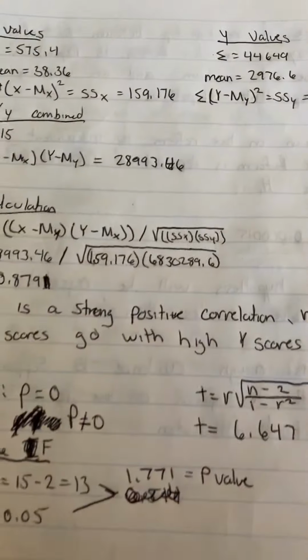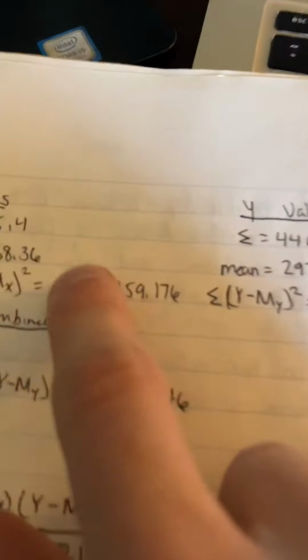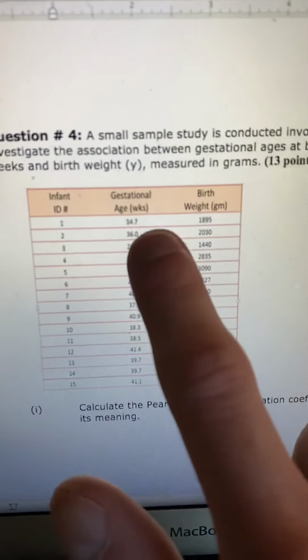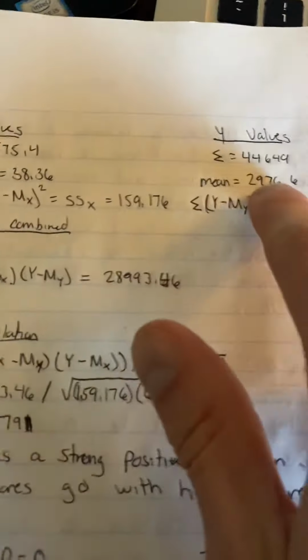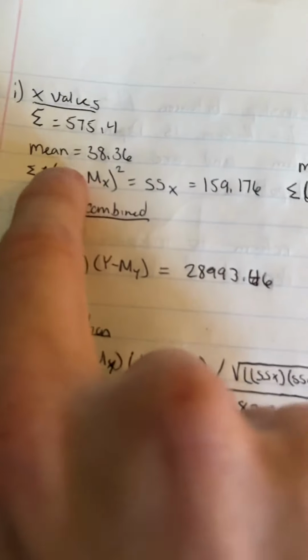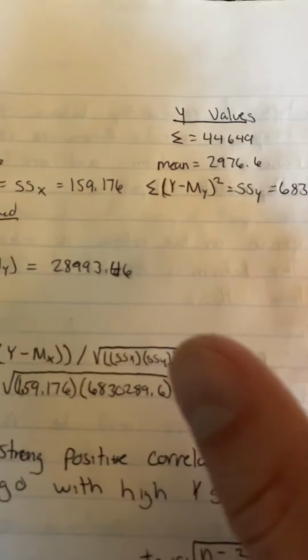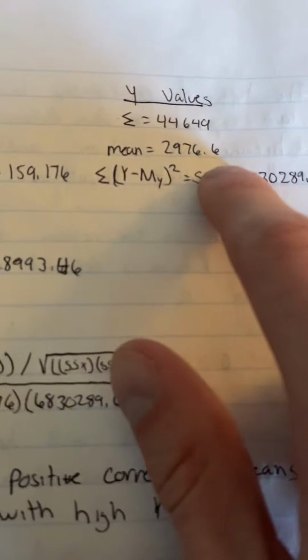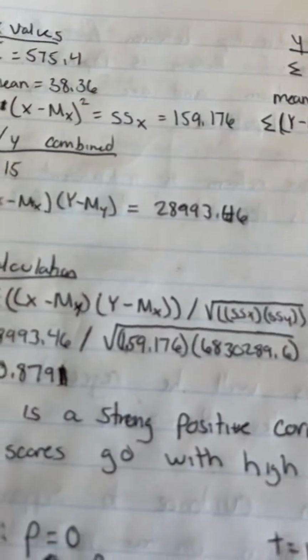So what we're going to do is find both our X and Y values. We take the sum of the gestational weeks, X, and also the sum of the birth weights, Y, and get the mean from both. Next, we take the sum of the squares of X, and also the sum of the products, which is SSY. Now, moving on,